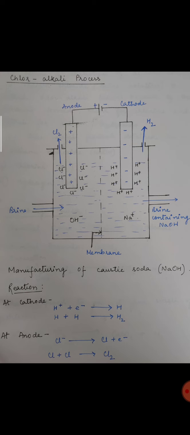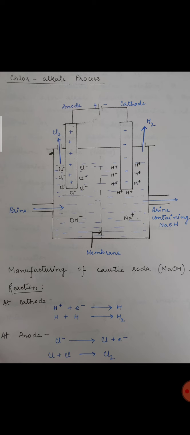As it breaks down into its ions, it will produce Na+ and Cl- ions. When NaCl is dissociating into its constituent ions, water is also getting dissociated into its constituent ions, which are H+ ion and OH- ion, and that is how in total we have got 4 ions. So the 2 positive ions are sodium ion and hydrogen ion, and the 2 negative ions are chloride ion and hydroxide ion.